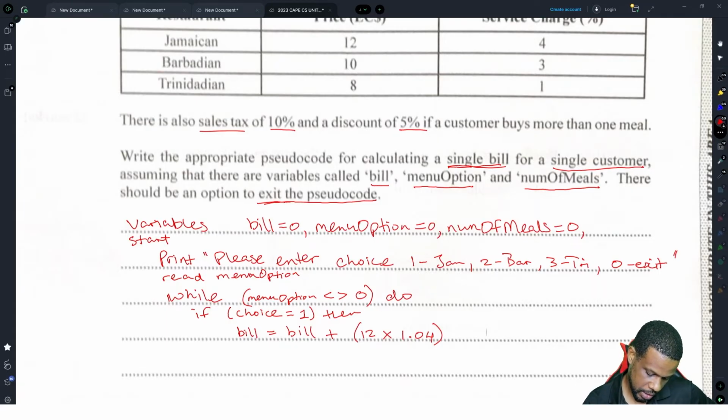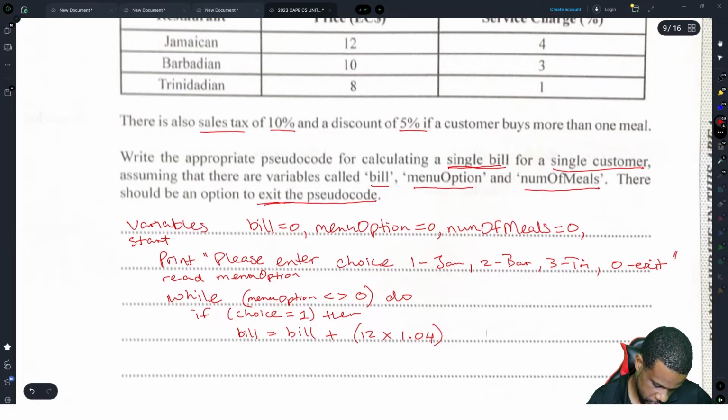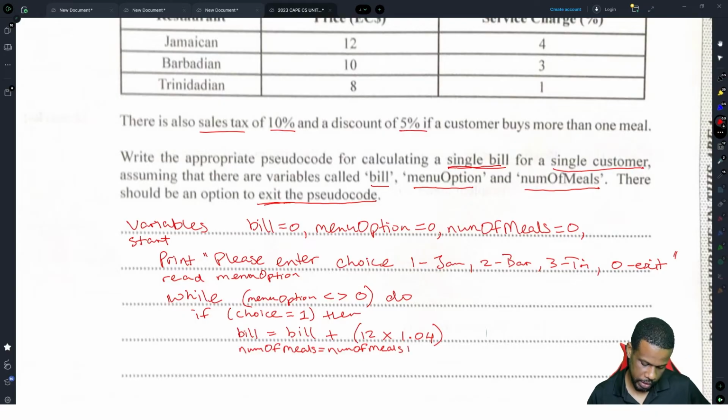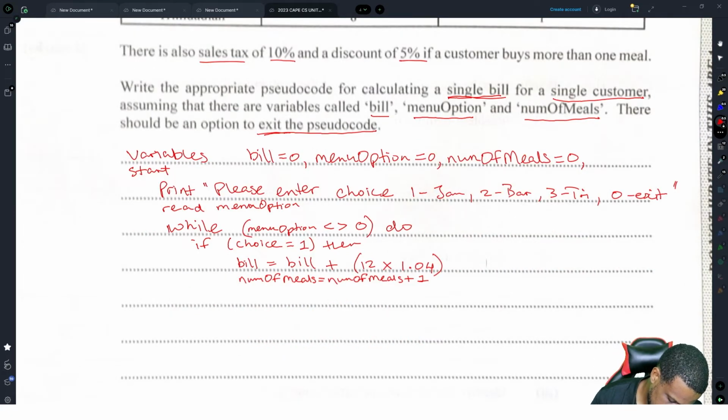We had to create a number of meals. Number of meals is equal to num of meals plus 1. That'll increment the number of meals. So we deal with that. Right, that's one. Then if